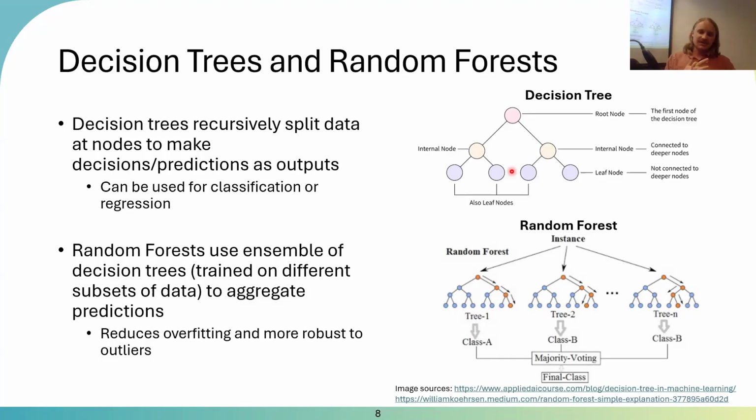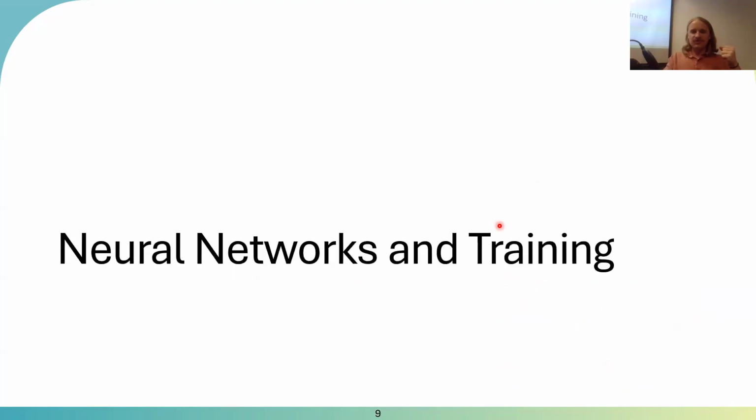Sometimes that's the way it can be said. So ultimately, it'll take in the input and then give you a prediction based on what is the most probable outcome based on however many trees you've collected into this forest. So that's our survey of a lot of standard and traditional